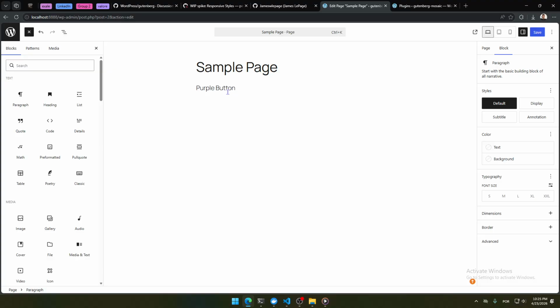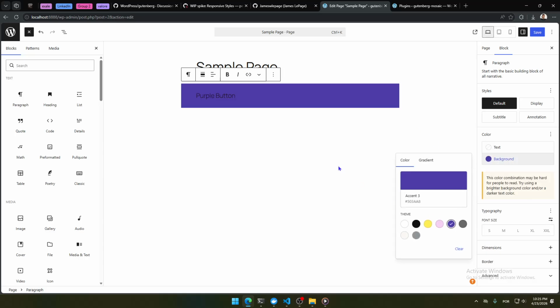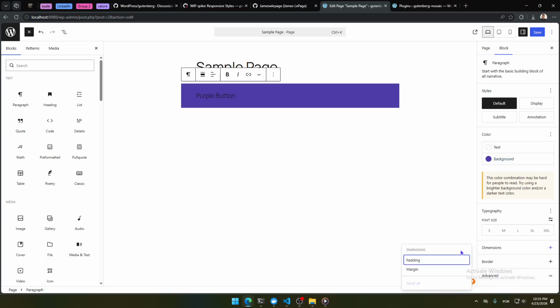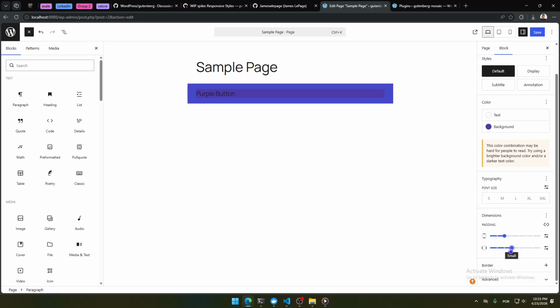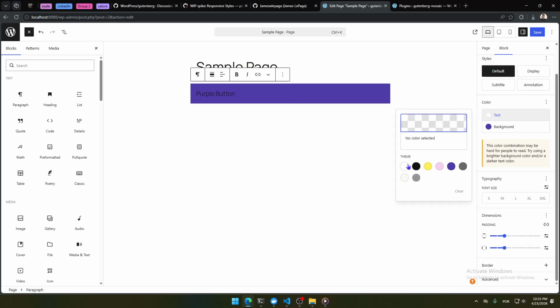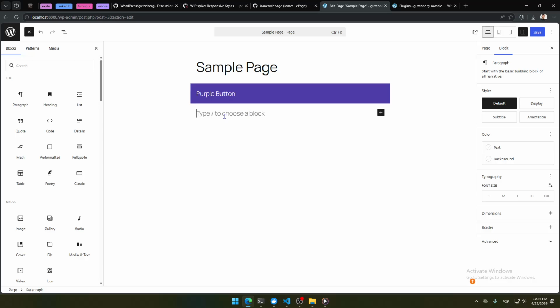And I have a purple button. I will set some styles for this button, and I will add paddings, horizontal paddings and vertical paddings, and the color white. So we have a button. And